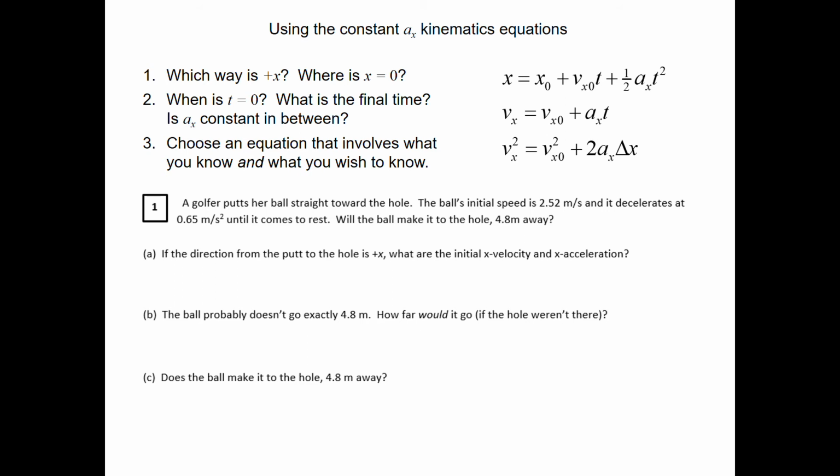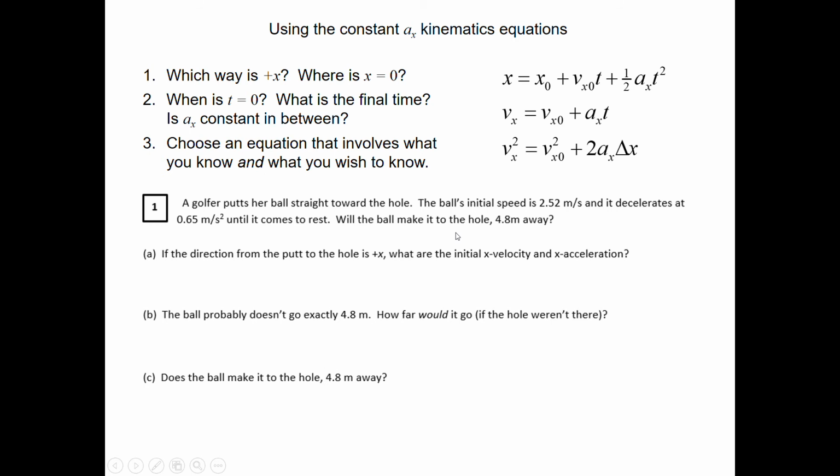So here's an example problem that we'll do together. A golfer putts her ball straight toward the hole. The ball's initial speed is 2.52 meters per second, and it decelerates at 0.65 meters per second squared until it comes to rest. I should have said, or it falls into the hole. So it's either going to come to rest before it reaches the hole, or maybe it would have come to rest after it passed the hole, but it falls in the hole in the meantime. The question we want to answer is, will the ball make it to the hole, which is 4.8 meters away